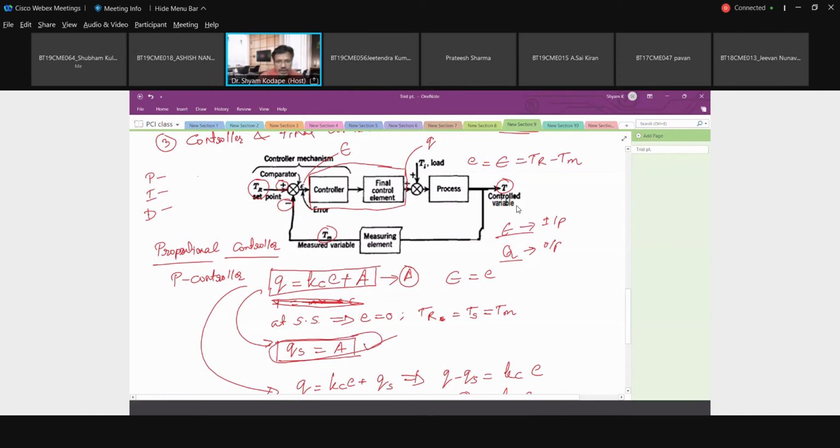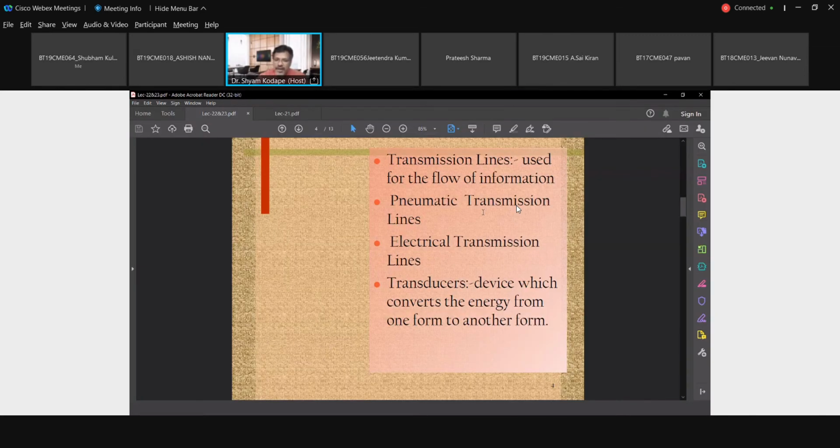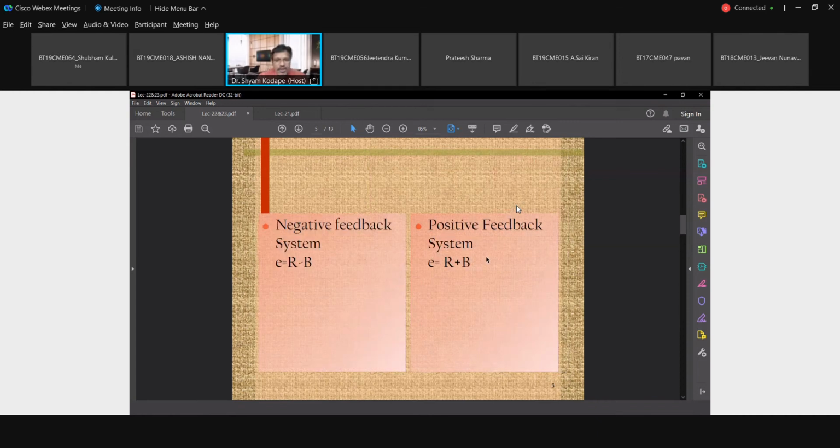ये Kc है, जो हम डिस्कस कर रहे थे, ये Kc हमें एडजस्ट कर सकते हैं, and based on that q can be adjusted. ओके, सो वैसे न्यूमेटिक ट्रांसमिशन लाइन भी क्या कैरी करती है, it is a pressure, it will carry in the range of 3 to 15 psi, remember. ठीक है, we will discuss that thing. Another terminology we will use in this block diagram is negative feedback system and positive feedback system. Okay, now remember that diagram again. In the negative feedback system, error is defined as set point minus measured one, सेट पॉइंट माइनस मेजर्ड। ठीक है, हमारा डायग्राम है